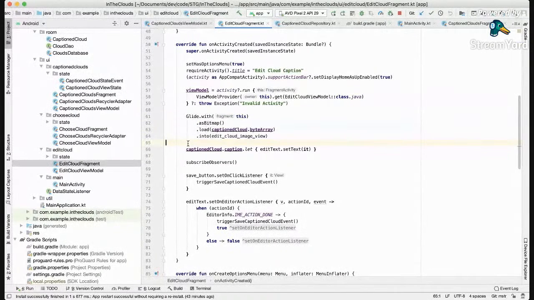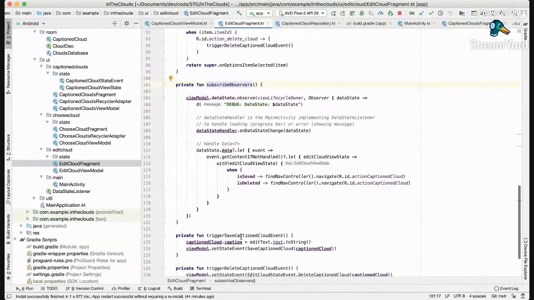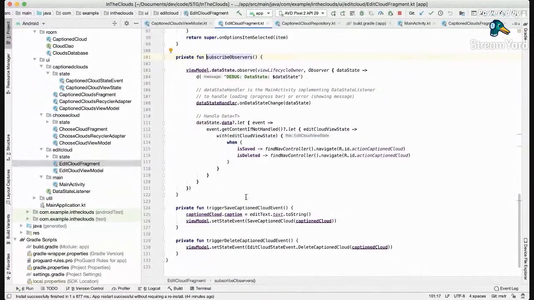And we also set text to the edit text with the caption that came along in the caption cloud object. After that, we are subscribing observers. So let's see what the observers are doing. Okay, so we're going to observe the data state of the view model. And when anything happens, the first thing we'll do,